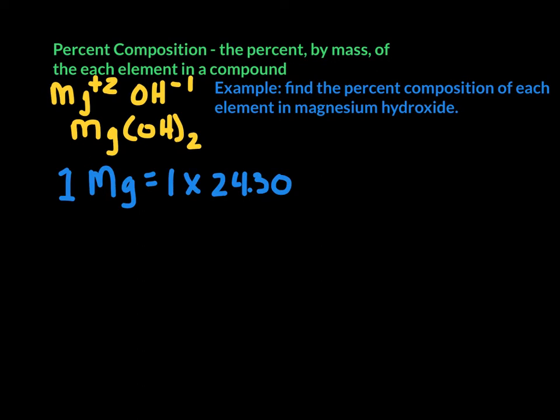Okay, we've got 2 oxygens, which is 2 times 16, right? And we've got 2 hydrogens,